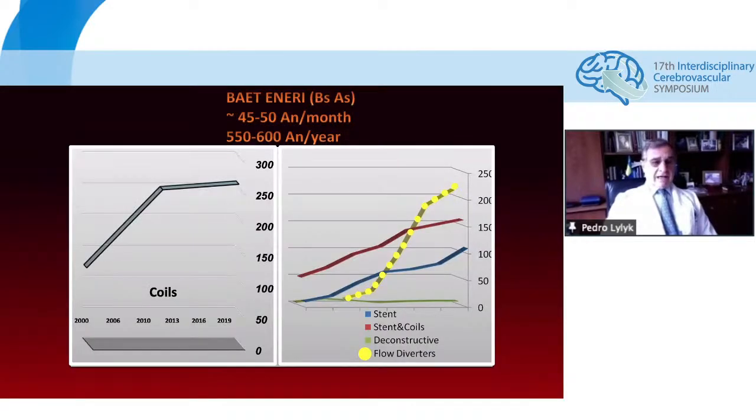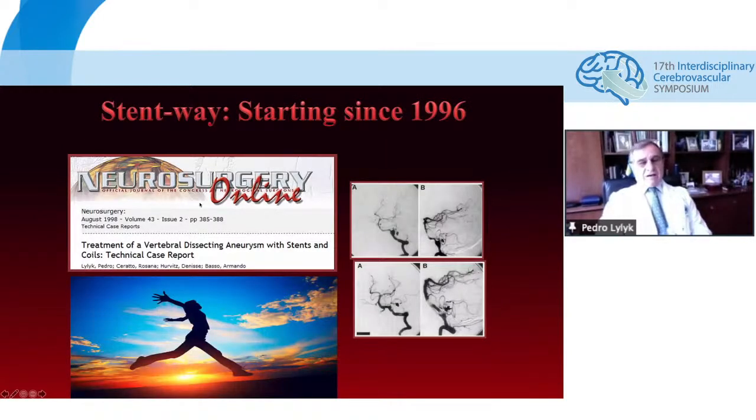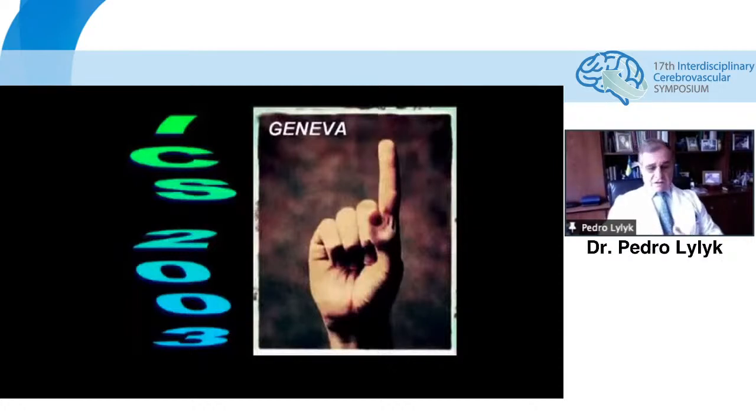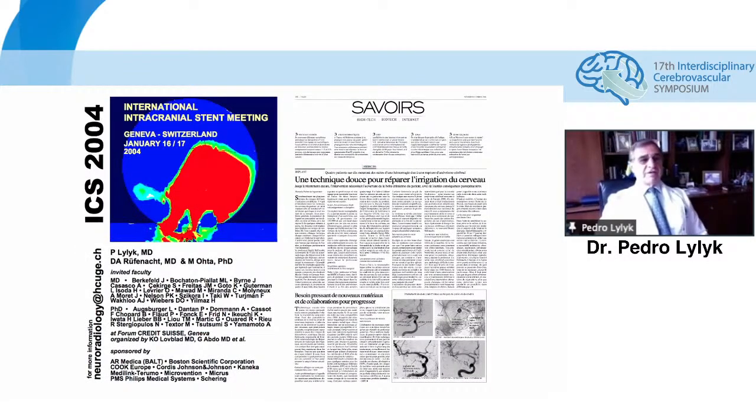We still are doing around 40, 50 cases of aneurysm per month, but we are using, as you can see, more and more flow diversion rather than only coils as we used in the past. We found our way with stenting back in 1996, and we will discuss a lot with Daniel about that time. The first meeting took place in Geneva back in 2003, Geneva again in 2004, and after that